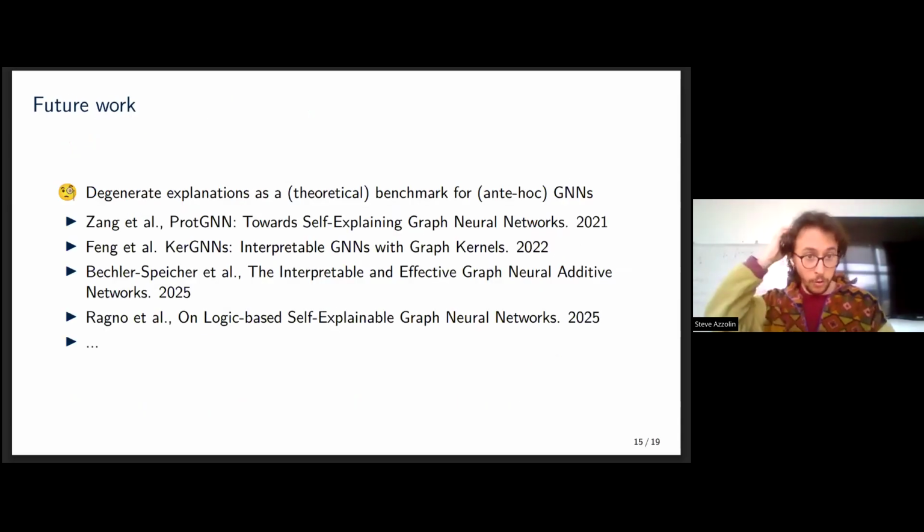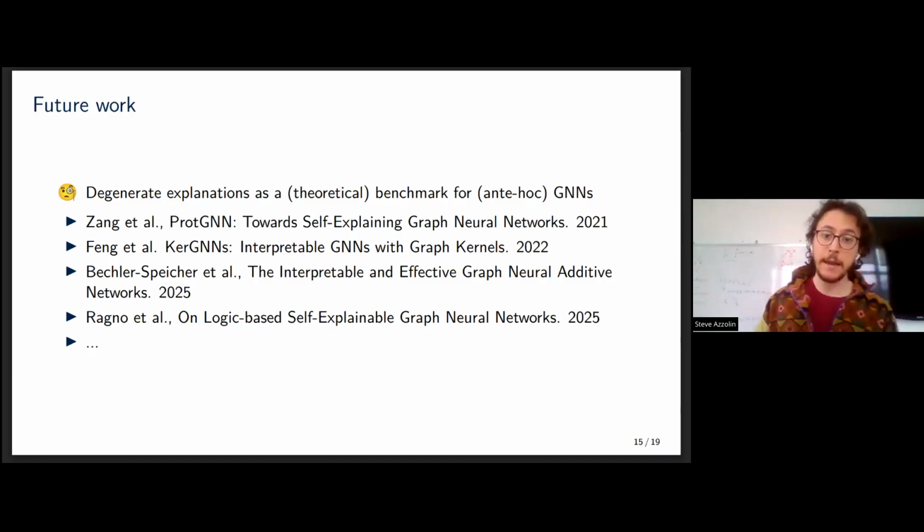This pretty much concludes my presentation. I just wanted to use one last minute to point out some interesting future work. Of course, the SCGNN framework that I presented today is not the only way to achieve interpretable-by-design graph neural networks. There are many others, based on kernels, prototypes, additive models, or logic.